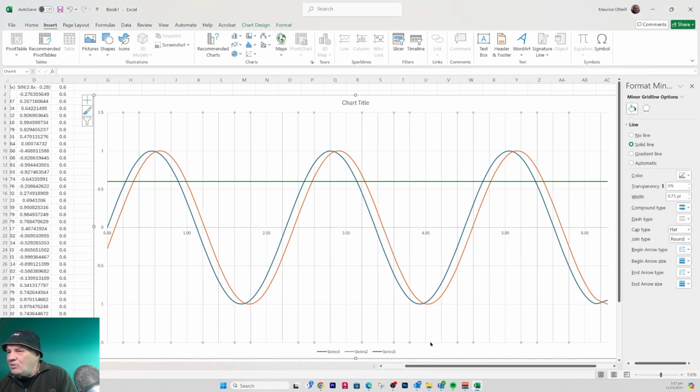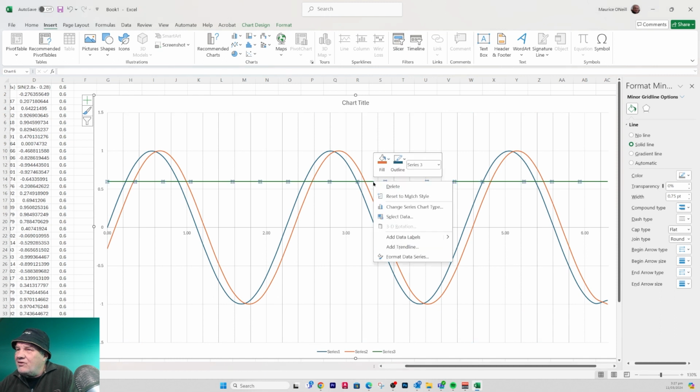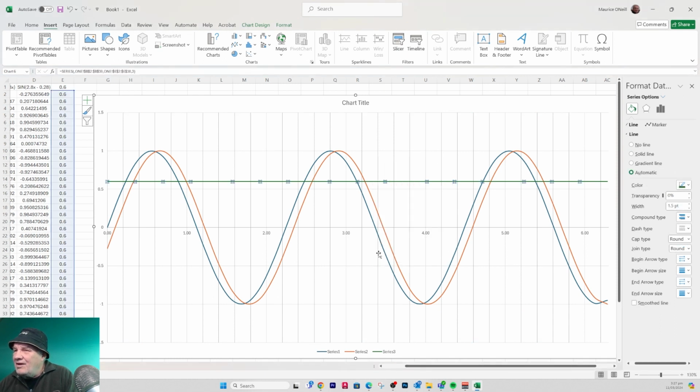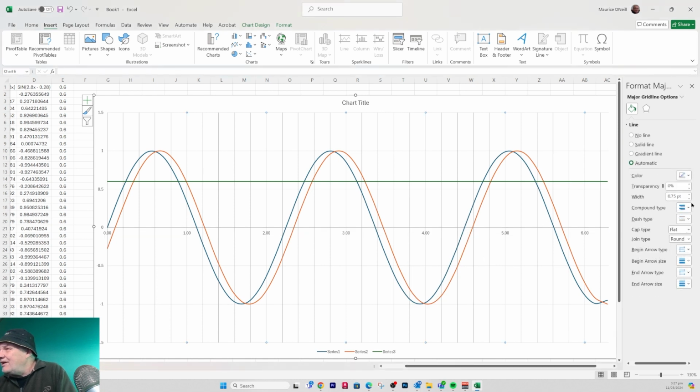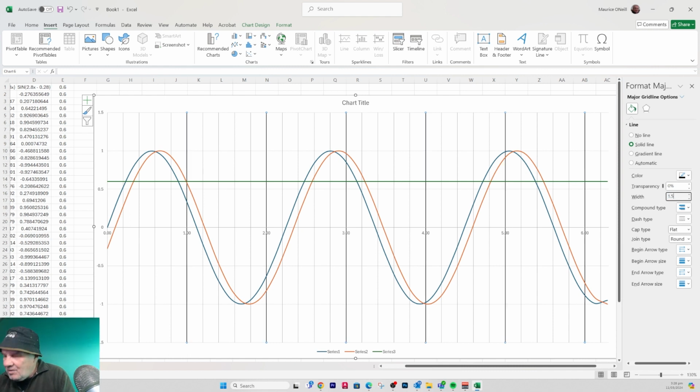Yes, and then we'll go into the major grid lines. Here, sorry. Major grid lines. And I think I'll make those black. Yeah. So I think that shows it fairly well. And maybe those major ones could be a bit thicker. Oh, there we go. That's quite a lot better. In terms of the